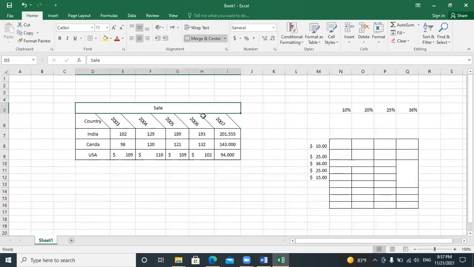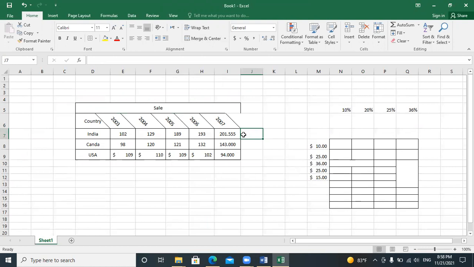Here I will select the first row. This is our first row that is available on 5. If I click here, this is the second row that is available on 6. And after 2, if I click here, this is row number 7.